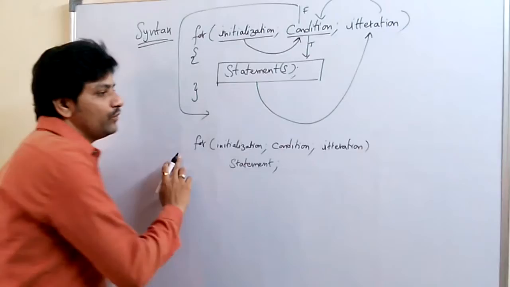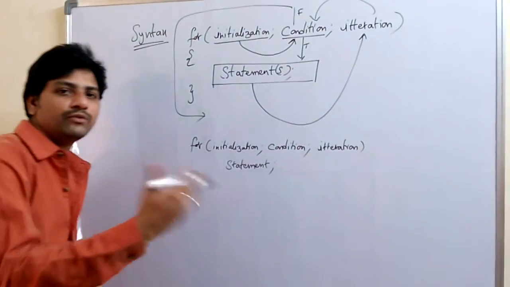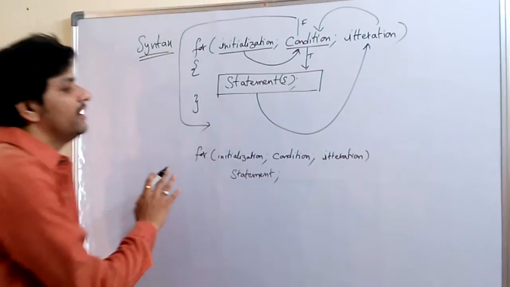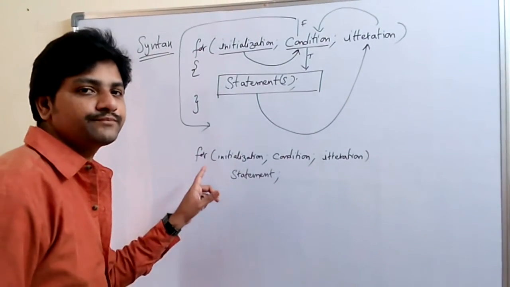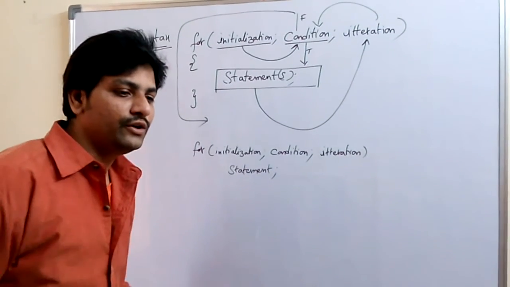Here we can also put the semicolon in certain cases. I will tell you in some interview questions. So this is regarding how the for loop syntax is to be understood. Now I am going to tell you